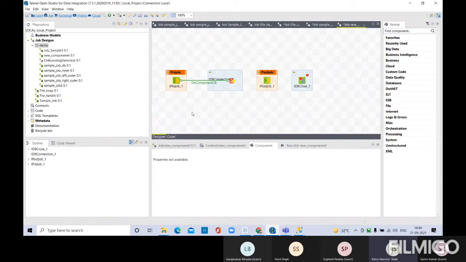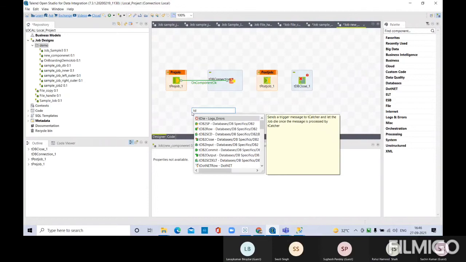Now let us assume you have some DB input. Just type TDB input. Or DB row you can choose. TDB row also you can choose, the second one.